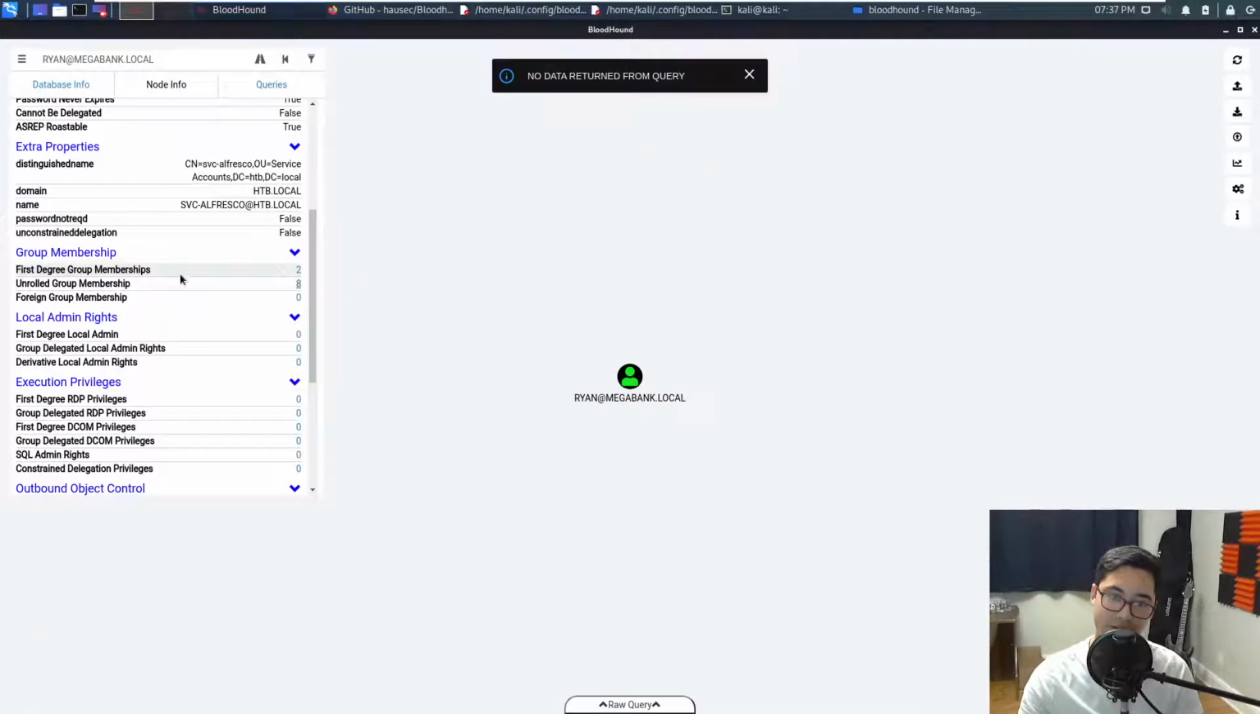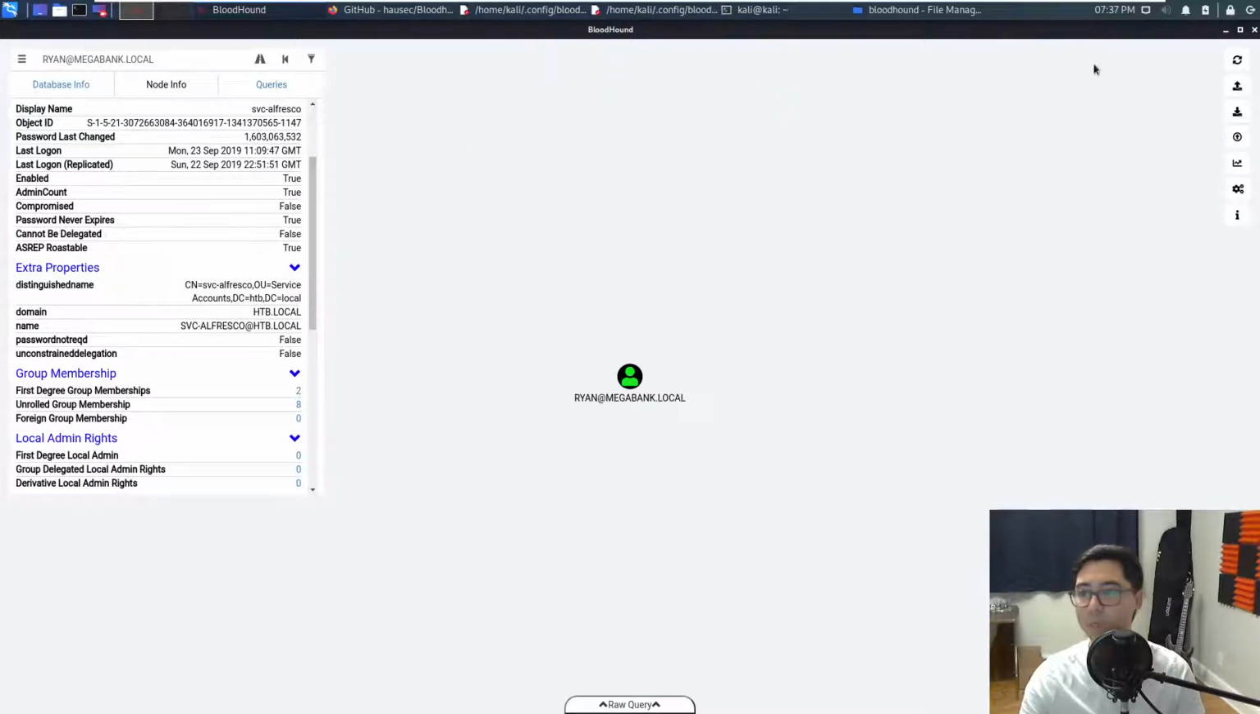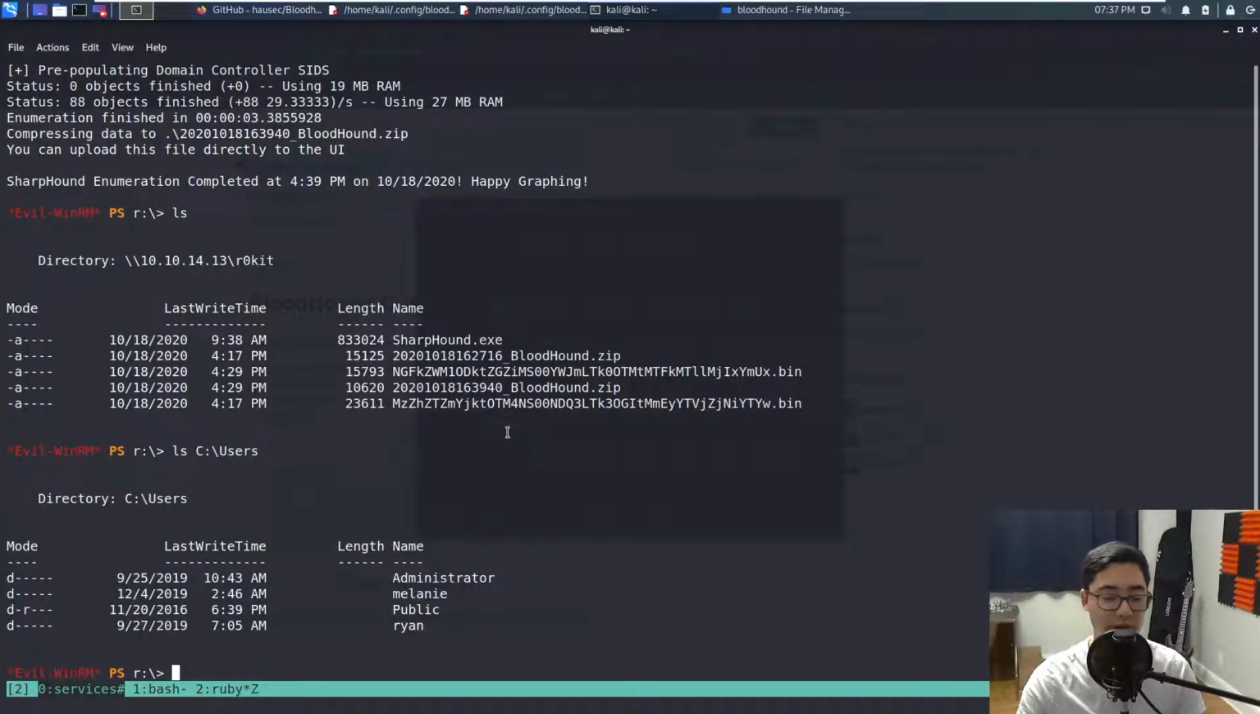It says you have 2 first degree memberships and has a link here that I can click, and it says 2 and it gives me no data return from query. So sometimes it bugs out. When that happens, I just restart BloodHound. If that's not the case, then I'll probably just collect the data again using SharpHound but without passing any flags. So